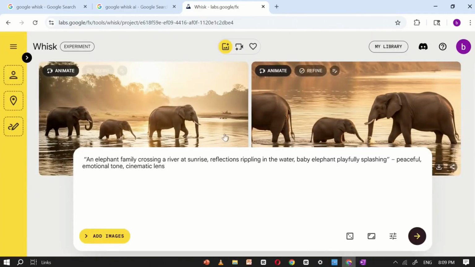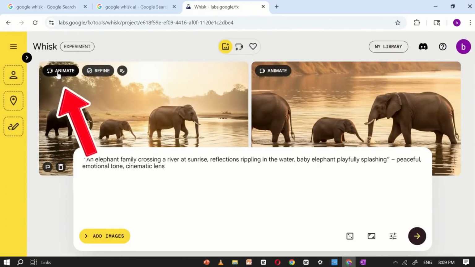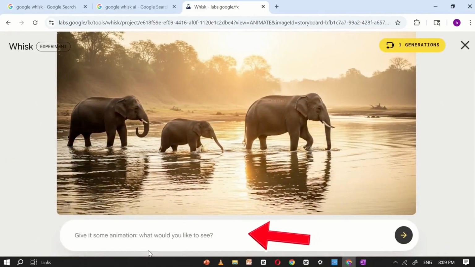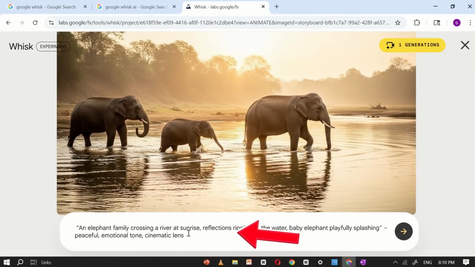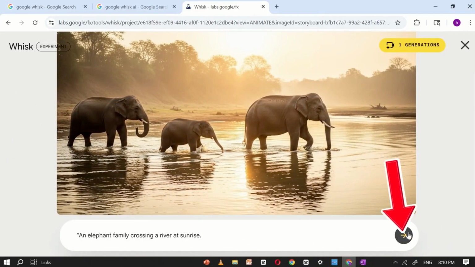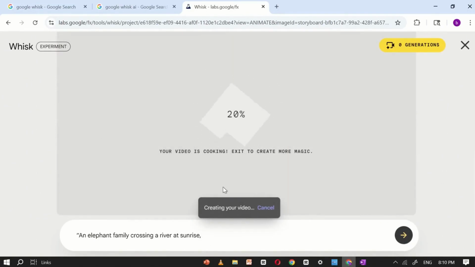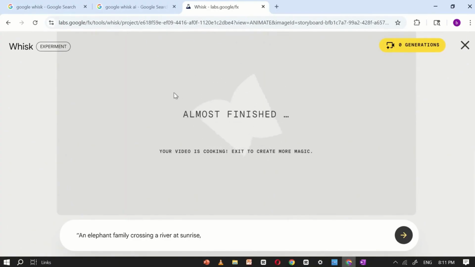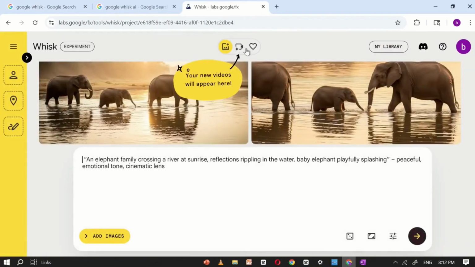If you're happy with the generated image, the next step is to click on the animation icon. This feature allows Whisk AI to take the still image and transform it into a short animated video, all with just one click. Enter a prompt into the prompt box, then click on the Generate button. Whisk AI will begin processing your prompt and create a high-quality video in just a few seconds. Wait for a few minutes while the system renders your video, and once it's done, your video will be ready